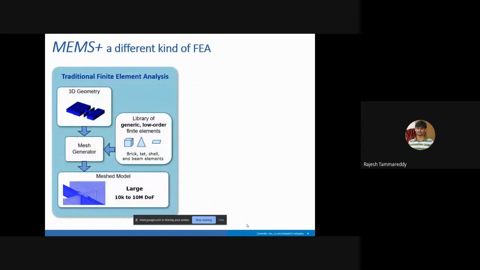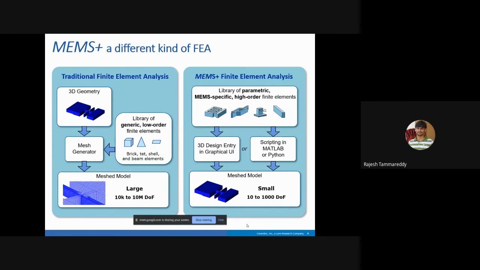Yeah, you can see the difference on the left. It is an FEA. On the right side, it's a MEMS Plus finite element analysis using components here. So there is no restriction on the left side. If you see the difference here, you can create any kind of geometry and you have different kinds of meshes available there. It can be a brick type of element, or it can be tetrahedron, or it is a shell element. So depending on the simulation solver that you use, these mesh types.